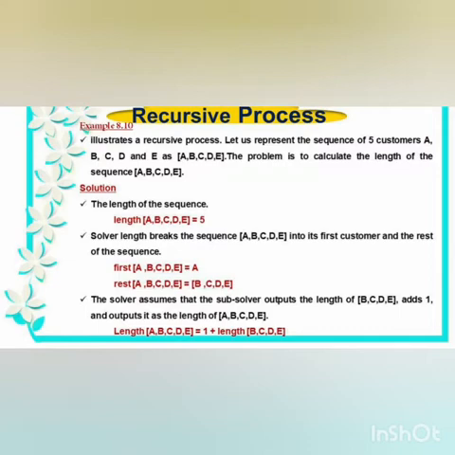So, length of A, B, C, D and E is equal to 1 plus length of the rest of the customers, that is B, C, D and E. Here 1 is A, so the person A asks the person B for the length of the line. Here this question is the length of B, C, D and E. A will not be in the list because 1 is calculated as A here. Do you understand this? Similarly, the question will be passed to another subsolver. So, this is the process we are going to execute here.